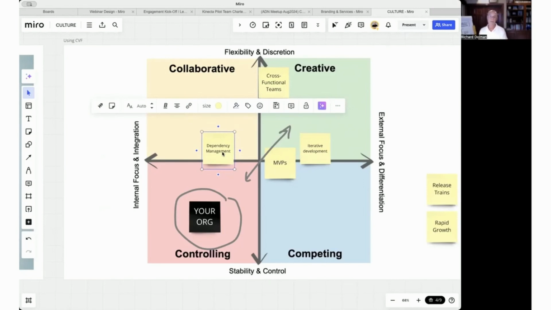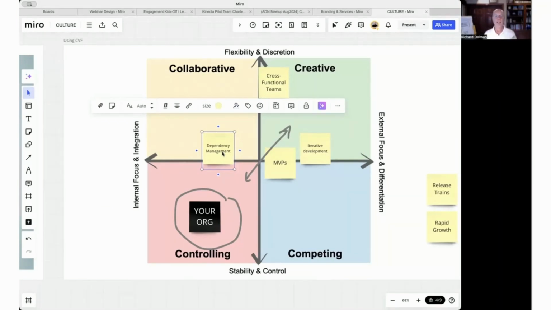But when we're talking about dependency management, you're likely to have much less tension, because in fact, what you're trying to do is mitigate the risk of all of these dependencies. You're trying to get control over how you manage those dependencies and all of the risks and gaps that might create. So that actually lines up very, very well with a hierarchy and a command and control culture. Now, again, as far as hierarchy concerns, anything that goes into dependency management that puts some friction around your hierarchy, you'll have to deal with.